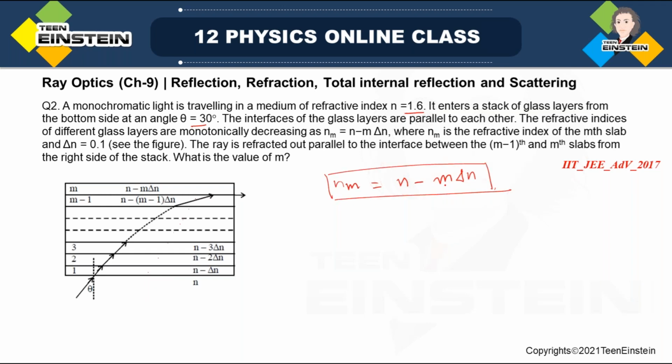Okay, if I take m is equal to 1, then it will be 1 delta n. So only it is reduced by delta n. N is equal to 2, it is reduced by 2 delta n, 3 delta n, like that it goes up to n minus whole into m minus 1 delta n. Like that the refractive index actually is getting varied. You can understand this is the thing that happened in case of